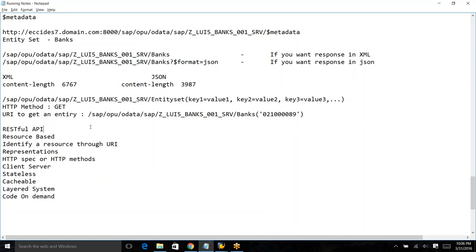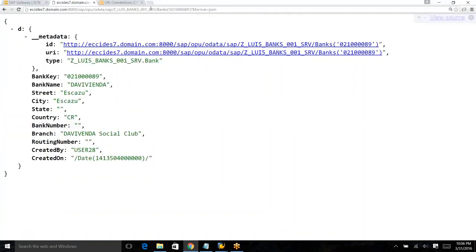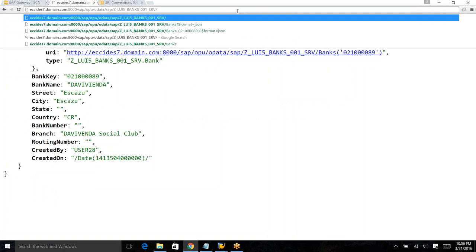So let's see, since we have created an OData service, let's see whether we have stuck to these basic tenets and principles. Okay. So when we look at the metadata,